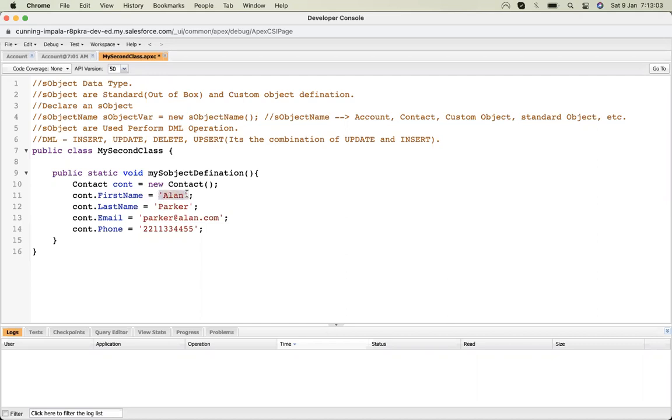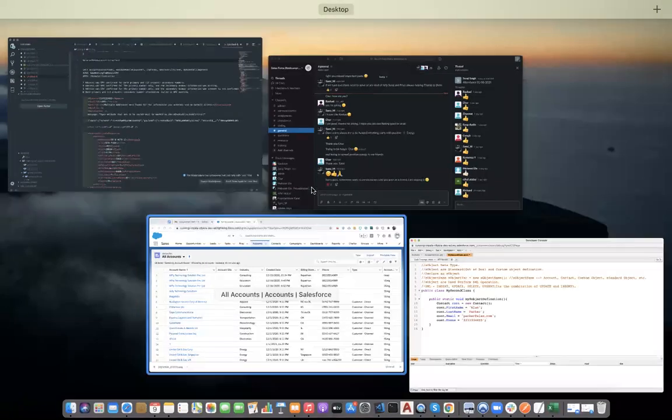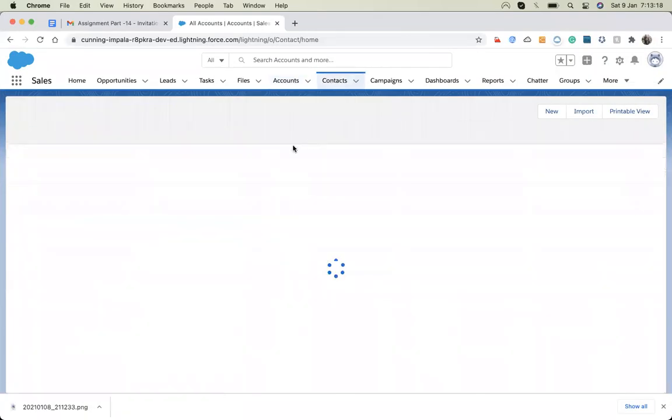Putting a value for that field means that if it is a string, then we use inverted commas, and if it is a number, then we directly put the number. Let me check which contact field is a number.